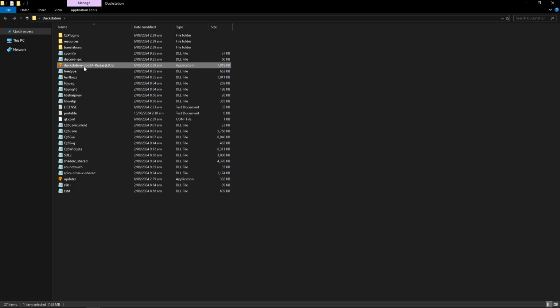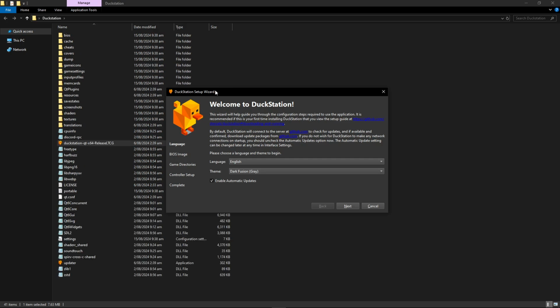So go ahead and double-click on this one. And by doing so, you're gonna see that it generates a bunch of folders right here. And that's what this portable text file is for. If you don't create this one and run the installation, these folders will go to your Documents folder, which can be a bit confusing. So I like to keep all of these files in the same location.